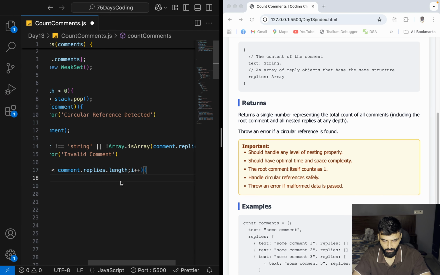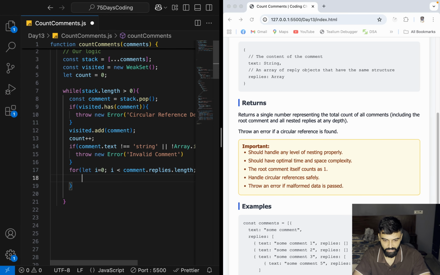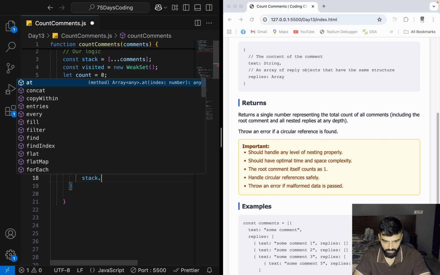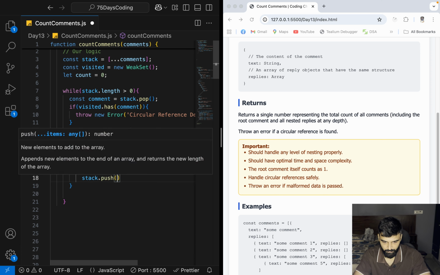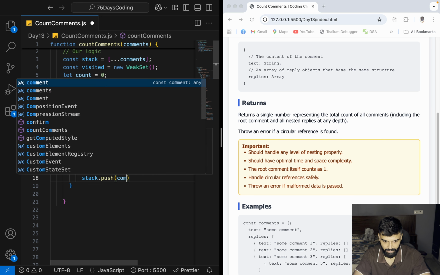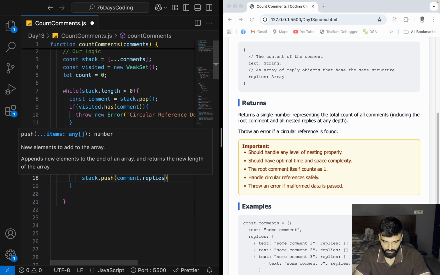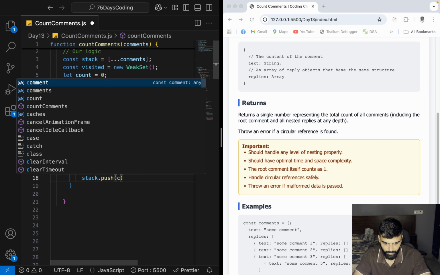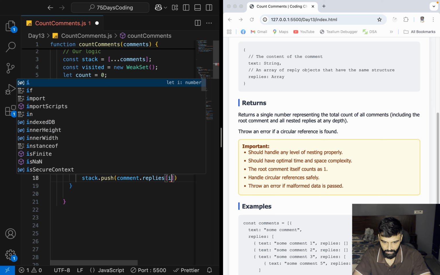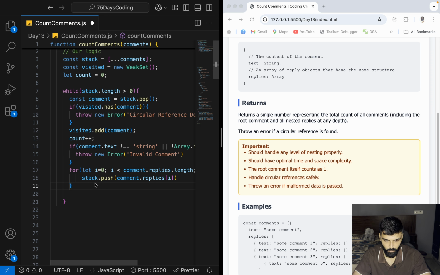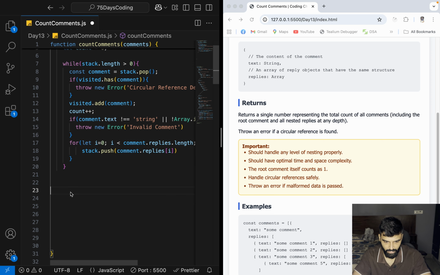I will need to add them to my stack, right? I will add them with stack dot push, and I will add comment dot replies, which is the array. Okay, comment dot replies only, and the I, right? I have put it inside the stack. I don't need to do anything. This will loop over, and at last